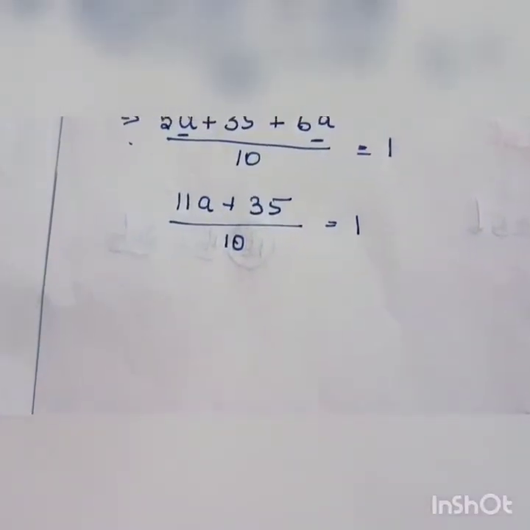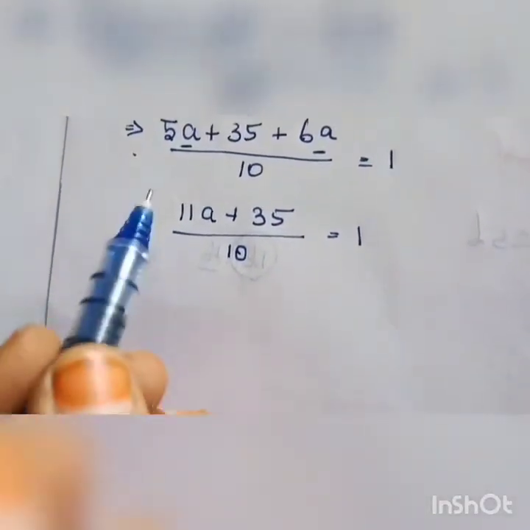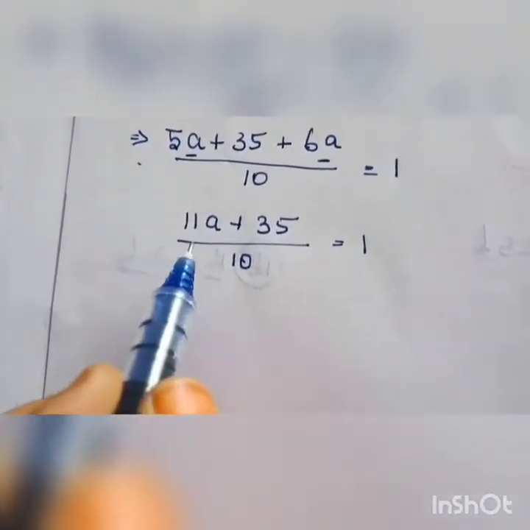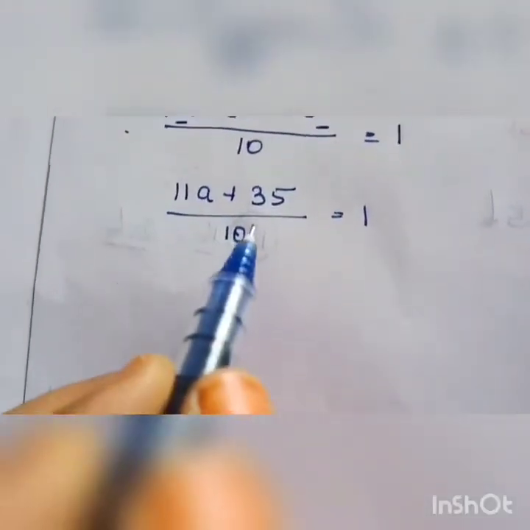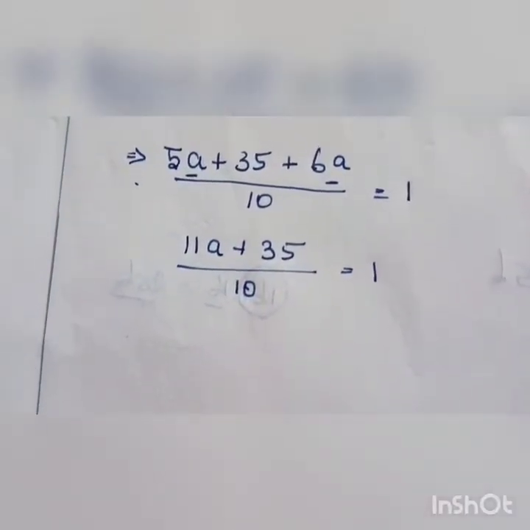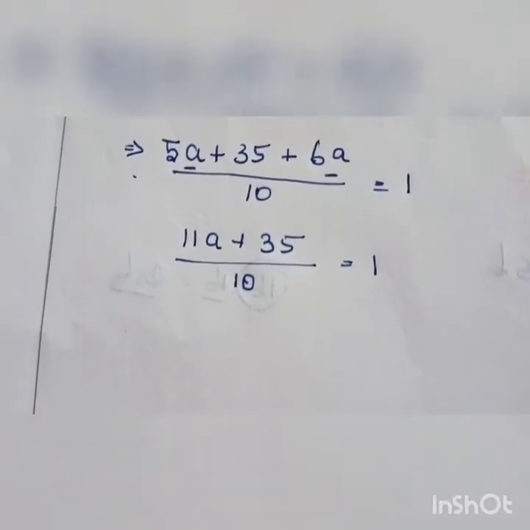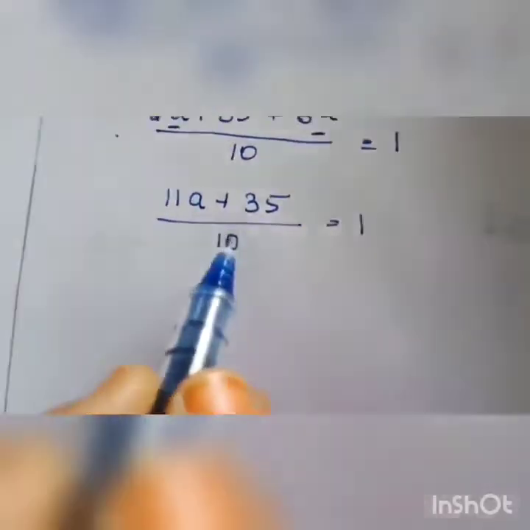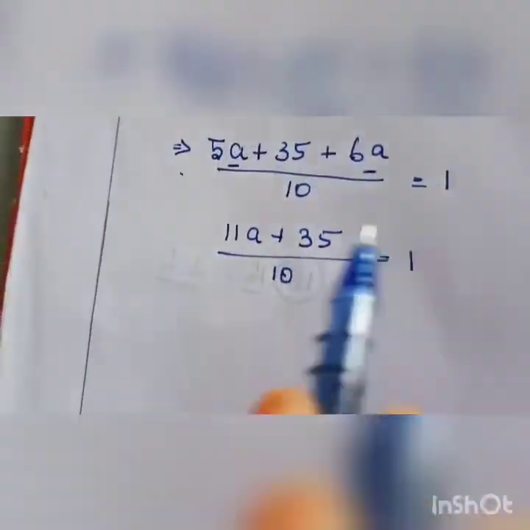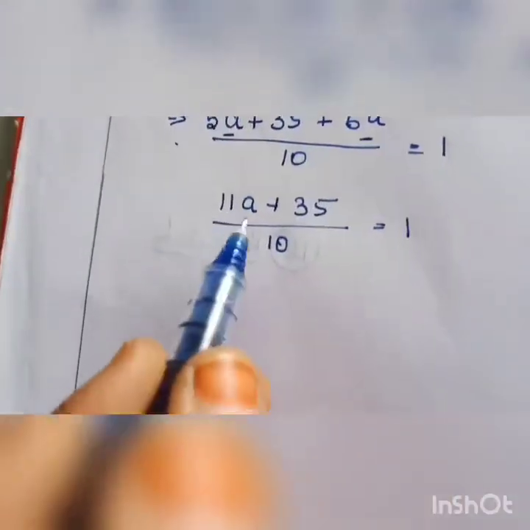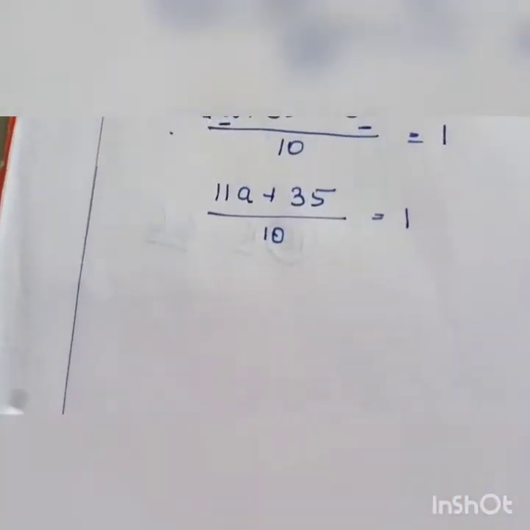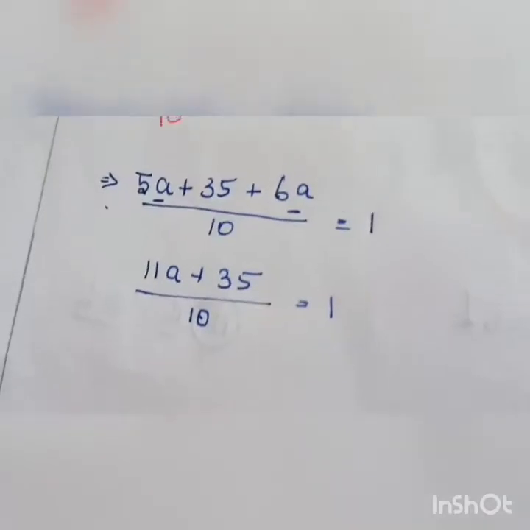So what is the next step to find the value of a? Our concept is to find the value of a, isn't it? So first we have to move which term or which number first? Just divide. So division we have to move first, next the constant, then the coefficient of a, isn't it? So it is possible to find a by moving in order.